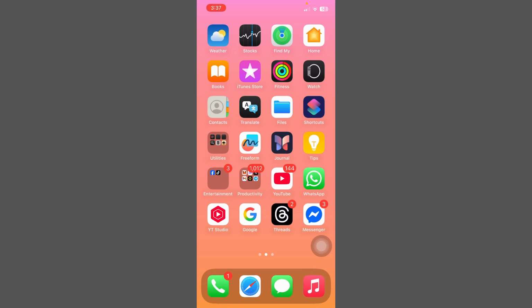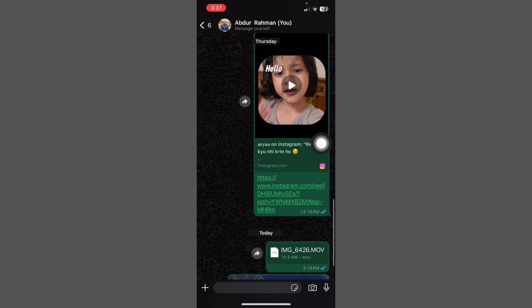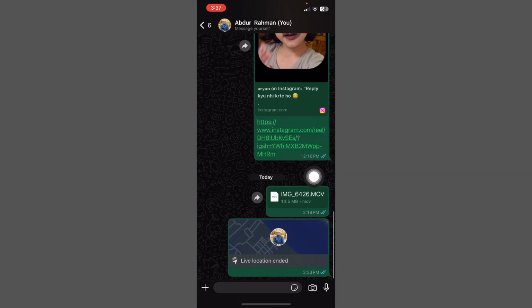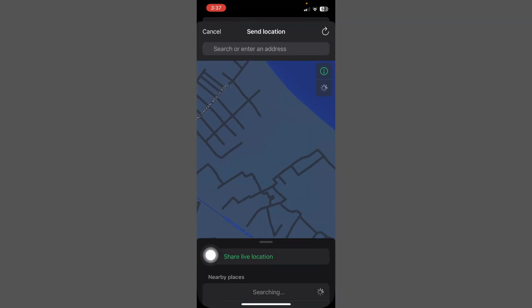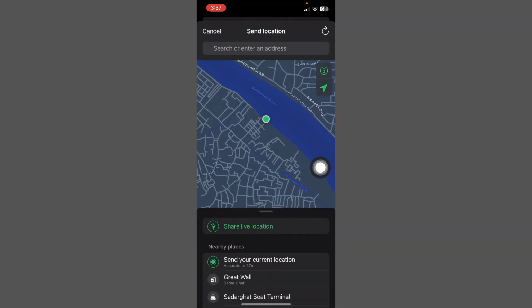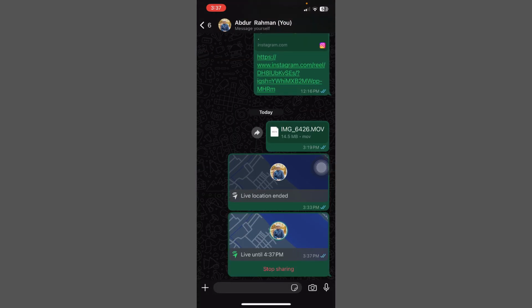Today I am going to show you how to turn off live location in WhatsApp. Okay, so let's get started. First of all, click on the WhatsApp app and choose someone. Tap on the plus icon, click on location, tap on share live location and choose an hour. Okay, then you share your live location with this person, and to turn off live location